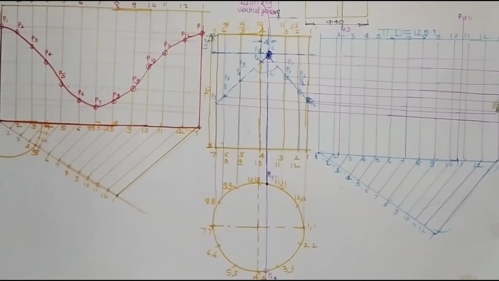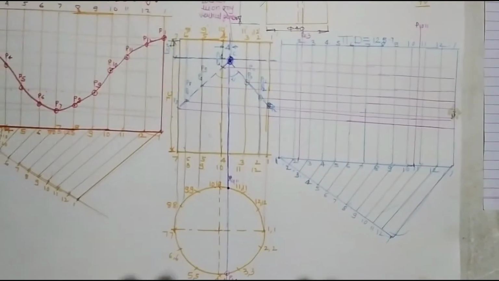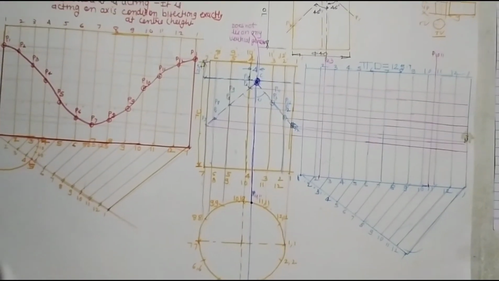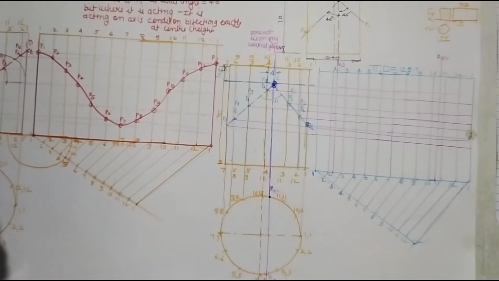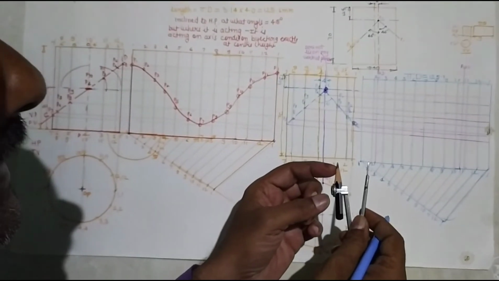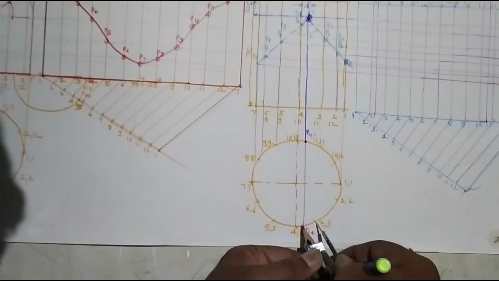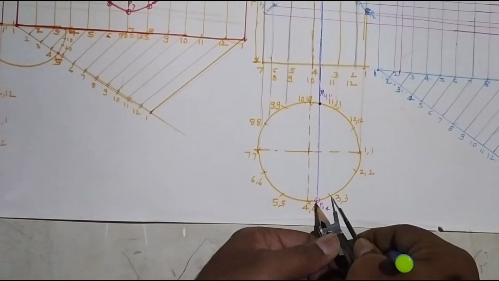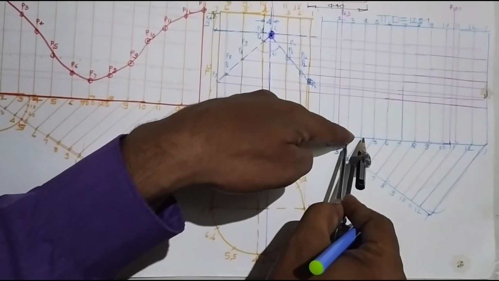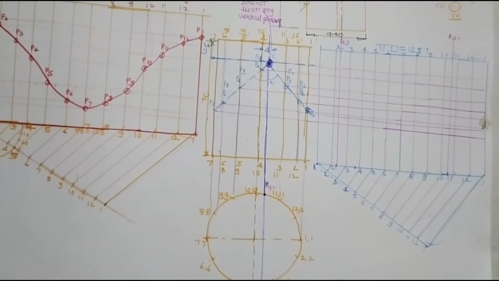Now I will transfer these points in the blank. So what is the procedure? First I will transfer the P3-4 point. This is the metallic pointer and this is the pencil pointer. I have kept the metallic pointer on point 3. Distance 3 to P3-4, on which side? On the 4 side. This will be the distance.